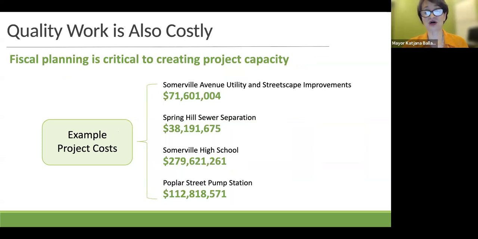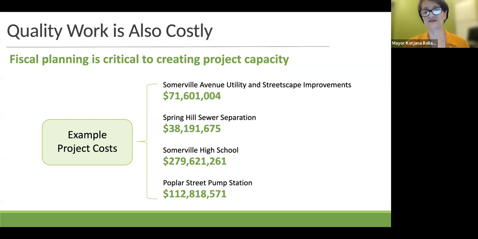And of course, managing costs is also the root of why infrastructure is neglected nationally. And I'm not willing to kick the can down the road on these critical needs, however. So we are working to plan carefully for bonding, borrowing, seeking alternative revenues such as from the federal and the state funding and new tax revenue growth.